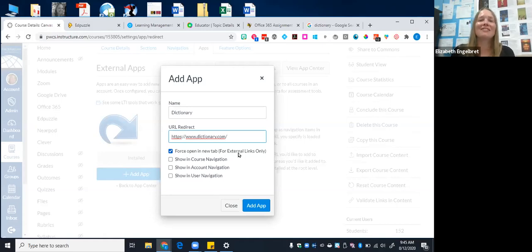Accessibility says you should leave everything in the same tab. You definitely want to make sure that it is shown in course navigation, and you can ignore the other two. So make sure this one is definitely checked. Then depending on how you want it to work and accessibility reasons, you may choose to force it open in a new tab. If I click Add App,